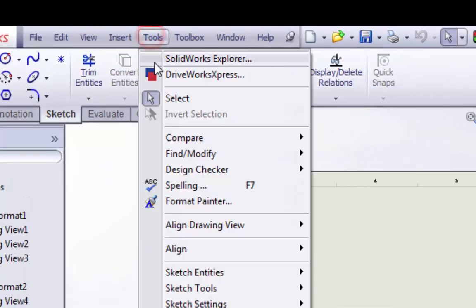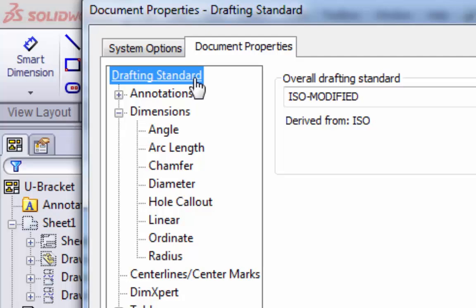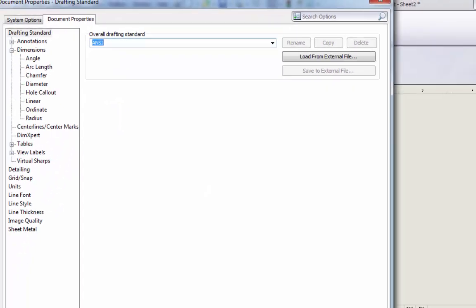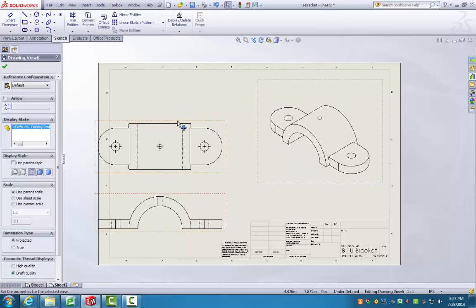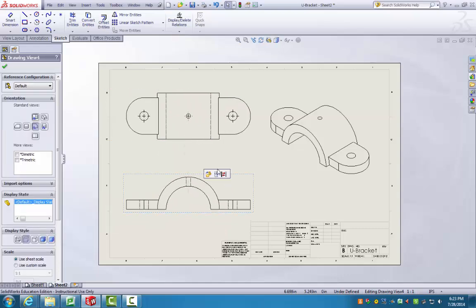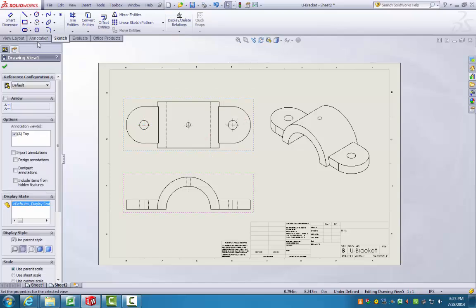The next thing we're going to do is go to Tools, Options, Document Properties, and make sure our drafting standard is ANSI. Once you have that, we can begin. We're going to start on page 821, and after we move these into a more appropriate spot, we're going to start by modeling the dimensions of this part